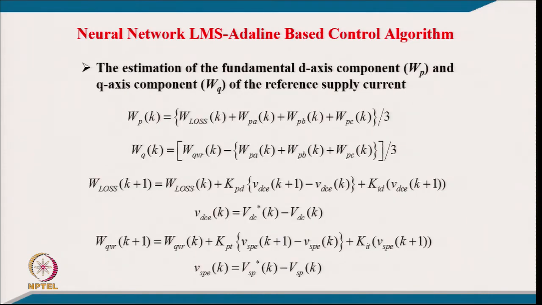And of course, we have a loss component again from the PI controller here. All three fundamental active components of current may be unequal because of unbalanced load, but here by taking 3 we are calculating on a per phase basis. Similarly, the reactive power generated by the D STATCOM minus the reactive power consumed by the load for all three phases, and then per phase basis, where the loss component we calculate from the PI controller again on the DC link voltage,